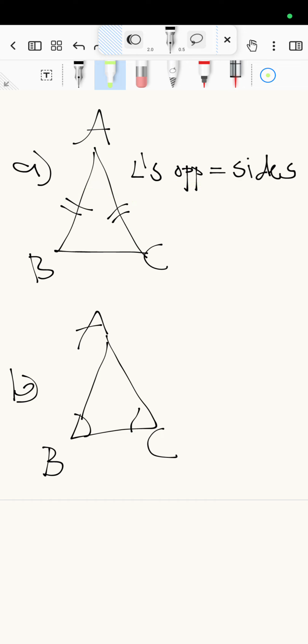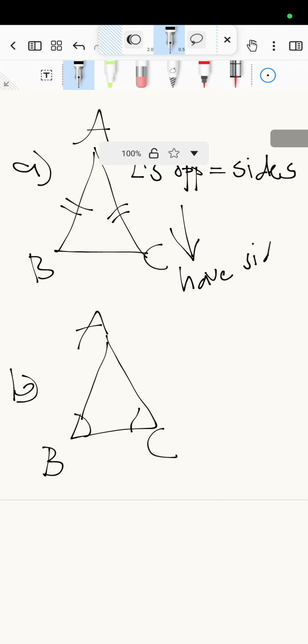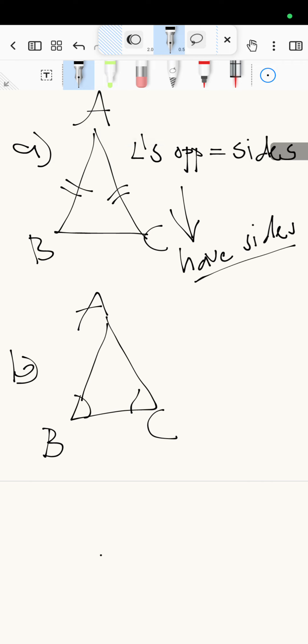Okay, in summary, when you use this reason, you have your sides. So we'll say here, have sides. All right, so you have sides and you're proving angles, then you use that reason. Let's talk about the one at the bottom. Here you have your angles, so because the angles are the same, you will know that the sides are the same. All right, so there you will say AB equals AC, and your reason here is sides